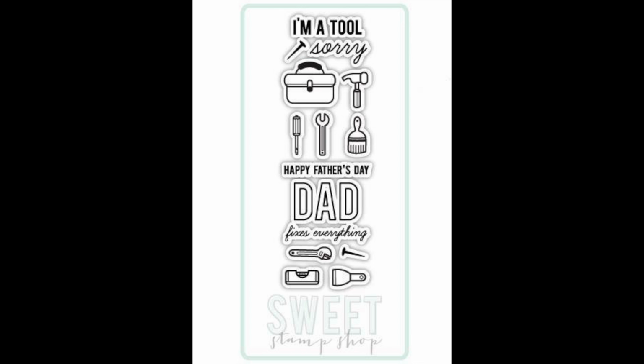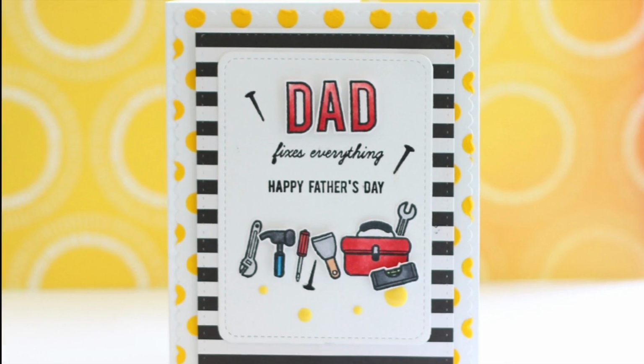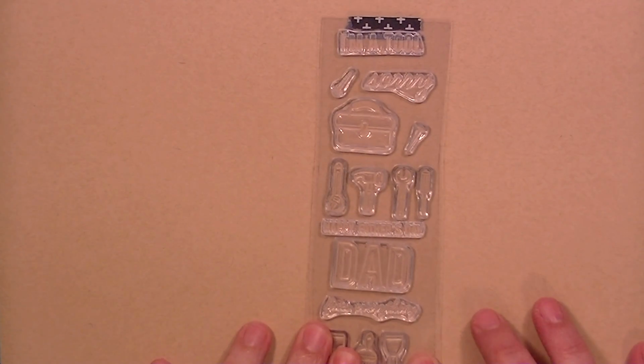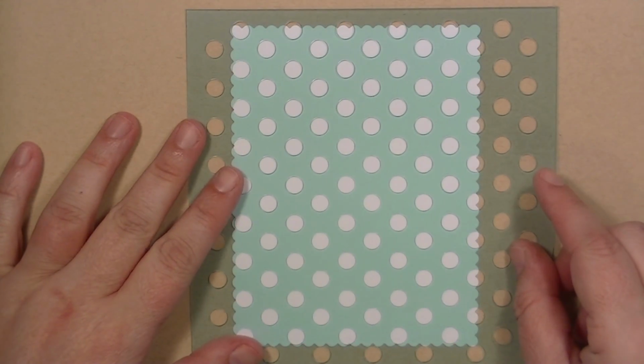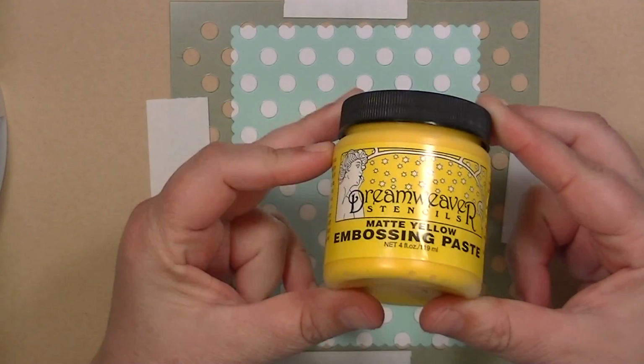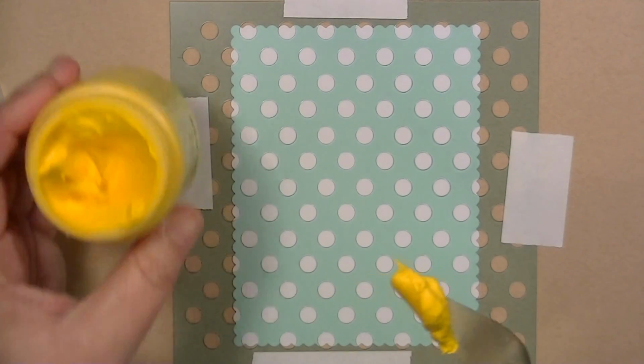On this video we're going to use the stamp set Dad's Toolbox to create this card. And I wanted to share with you how to put a card together and also how to combine some different popular techniques. So the first one is using embossing paste, and I've just taken a die cut shape and